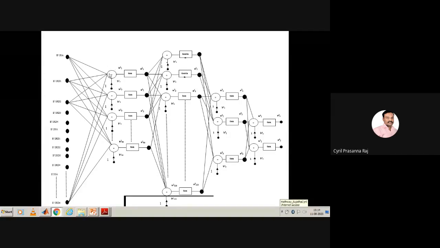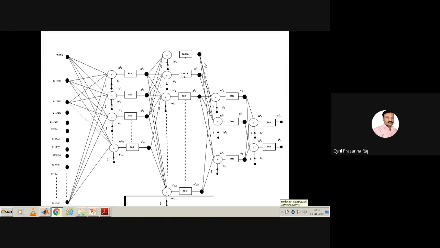So this is one neuron. Now if you see, I have denoted it as N11, then N12, N13, and it will go on till N190. So I have taken 90 neurons. There are 90 neurons in the first hidden layer, and the outputs of all the 90 neurons are given to a Tansig function, and you get A1 to A90. That means my hidden layer now consists of 90 neurons. The input layer may be more than 1024, and I'm processing it and getting around 90 neurons, and this is the first hidden layer.